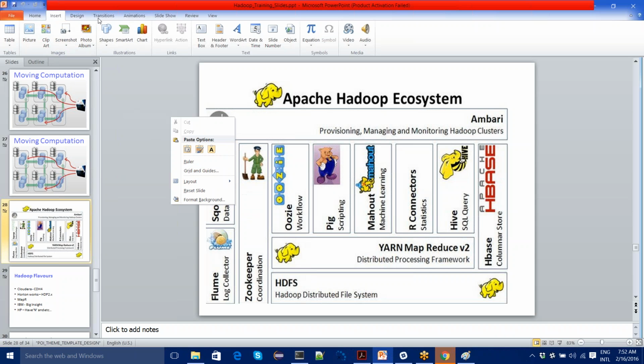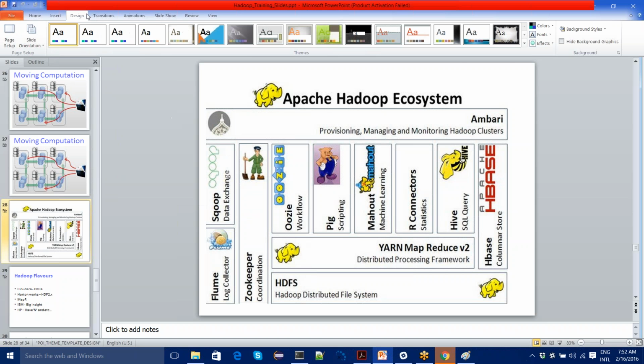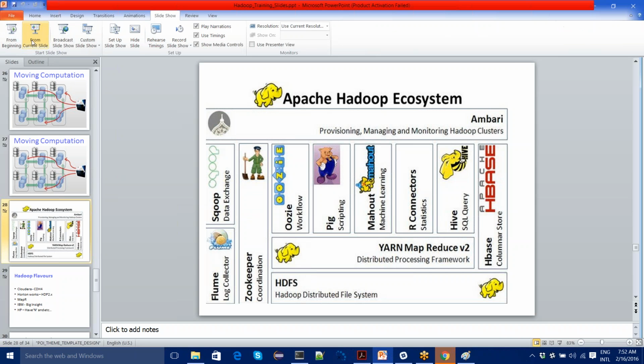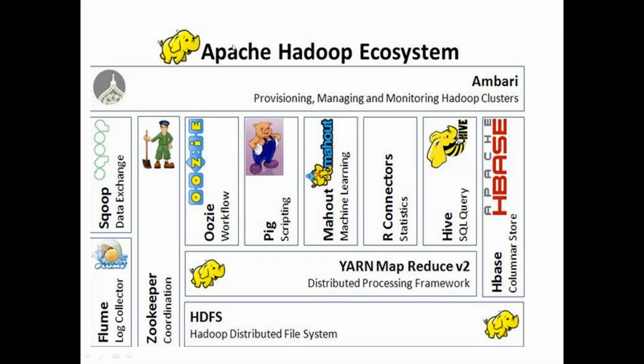Coming to the Apache Hadoop distribution, these are all the distributions available in the Hadoop ecosystem. Once you see that, these are all the tools which are available right now. Okay, so these are the terms I have seen in the requirements: HDFS, Sqoop. HDFS, in the sense Hadoop Distributed File System, is the core heart of Hadoop.